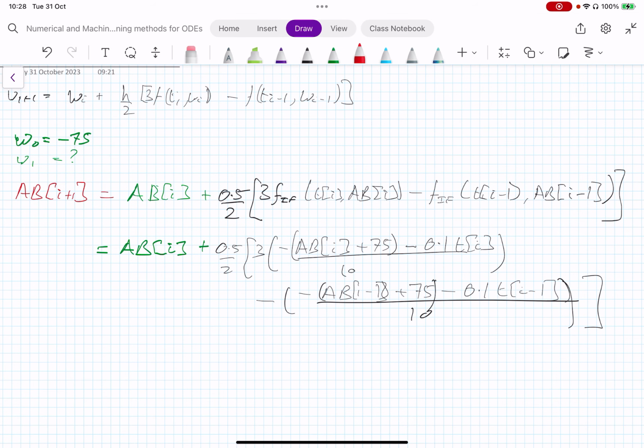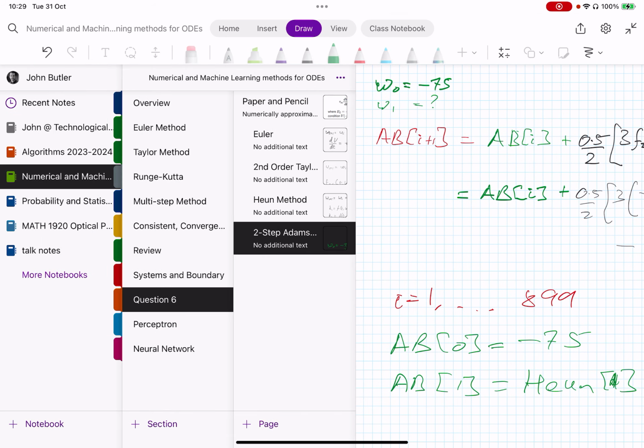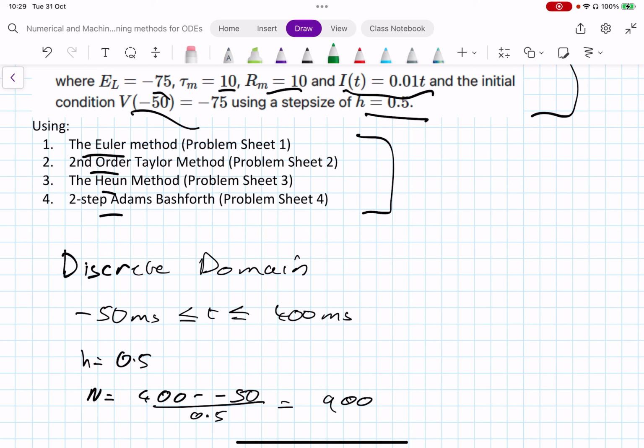So the issue with this is, as I said, unlike all the others, this is for i equal to 1 to 899. We know that AB0 is equal to minus 75, so therefore we need AB1. And I would just take the Heun solution we have already and put it in. And that would be that. So that's the setup for all four methods. And in the next